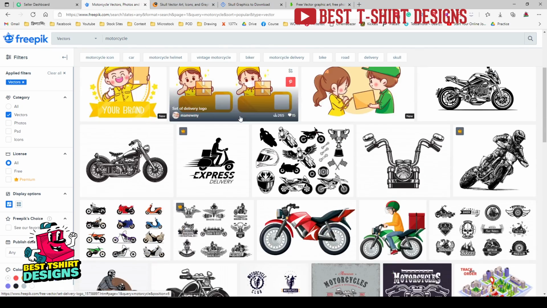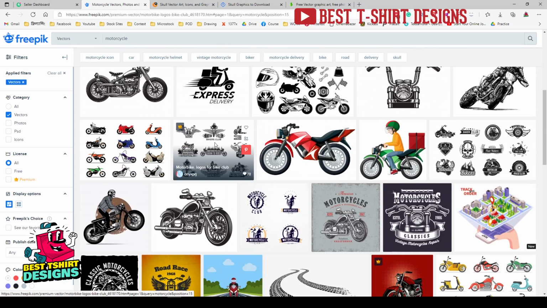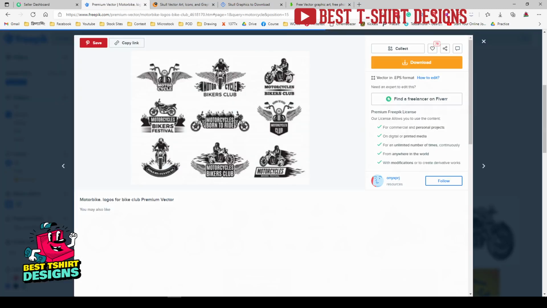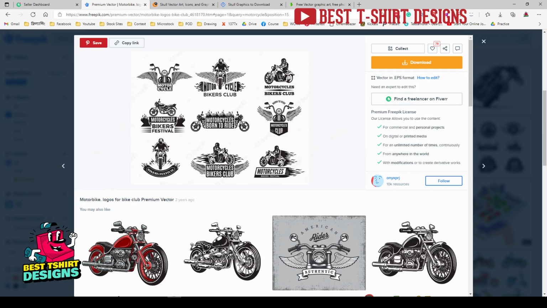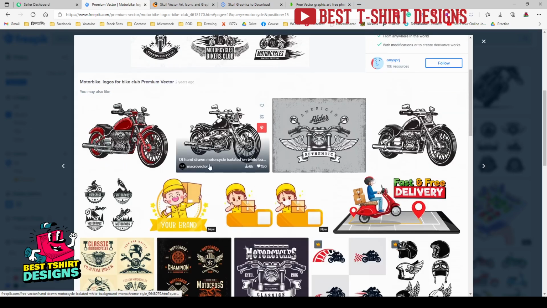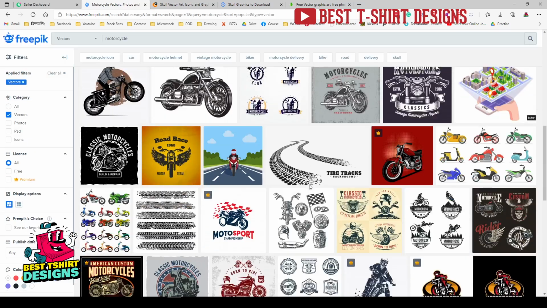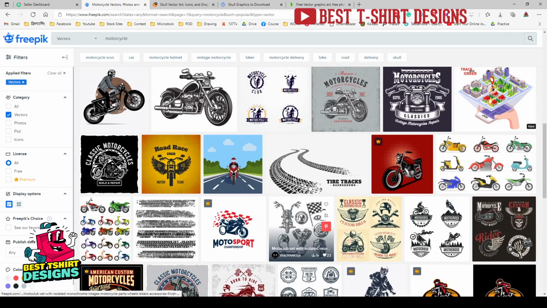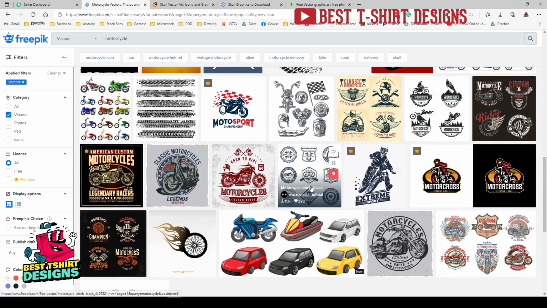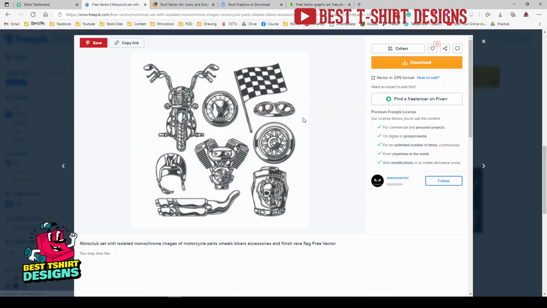So what I will do is try to find a smaller graphic pack where I can simply bring in a small part of the graphic, like this biker. If I take it, it will not be recognizable, or it will not be a copyright problem. Anything is not a copyright problem because you can take that. But if you want to make that a part of your design, then go for this kind of vector pack.